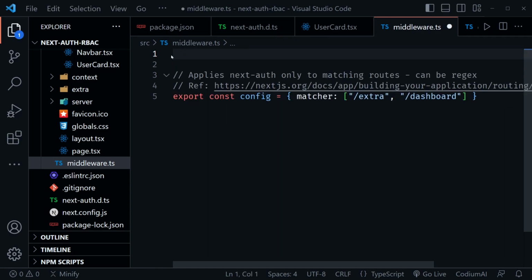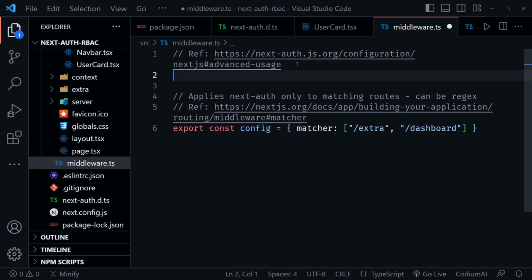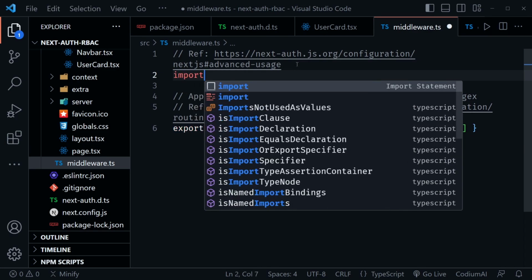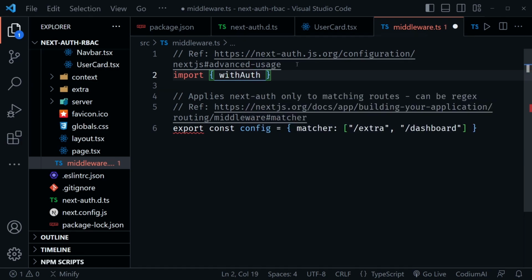I am going to paste in another reference. I'll Alt-Z to wrap that down. This is under advanced usage in the Next.js auth configuration here. So this link will take you to what I'm going to be referring to here, because we're going to import a withAuth wrapper, and this is going to wrap around our middleware function. So it comes from